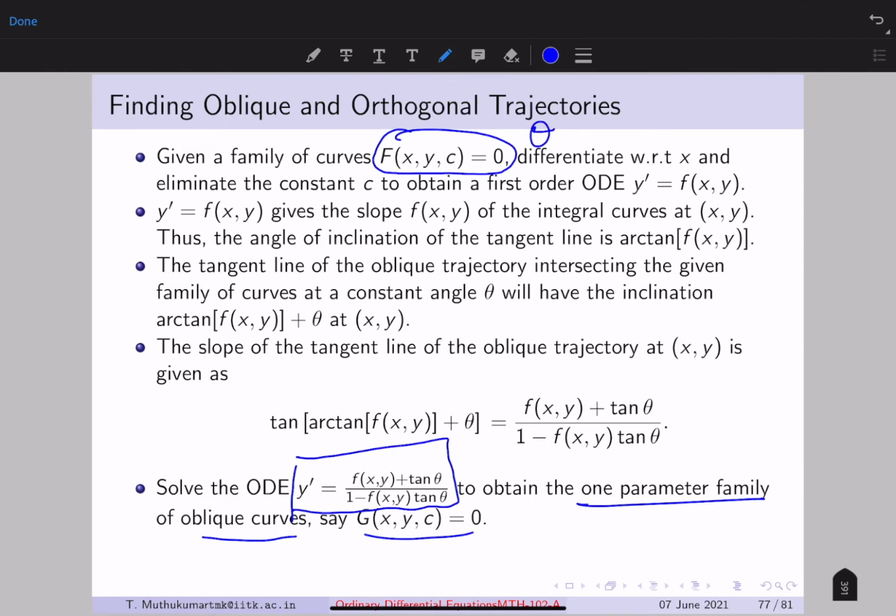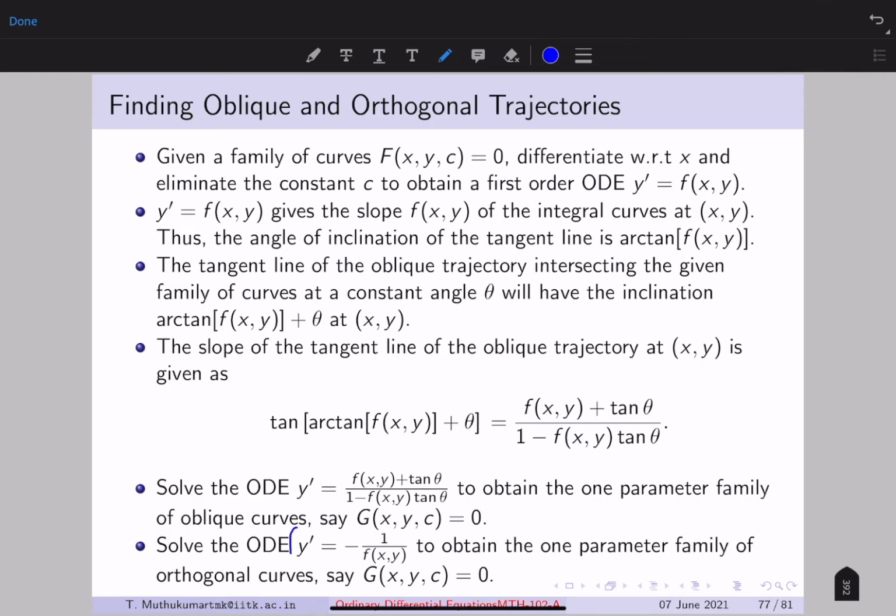In this case, theta is not 90 degrees, not pi by 2. When we say theta, you can look at the range minus pi to pi, that is 2 pi. So we are looking at the range minus pi to pi, or you can even look at 0 to 2 pi, it doesn't matter, whichever, you just fix a 2 pi period. So now for orthogonal trajectory,